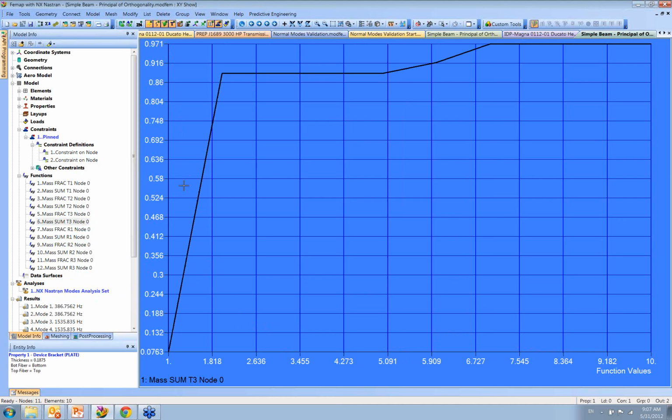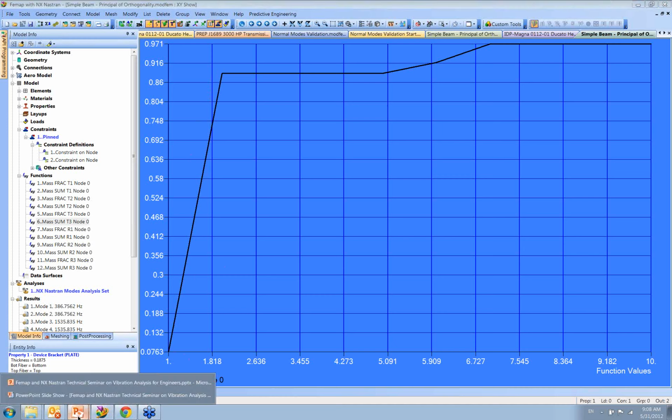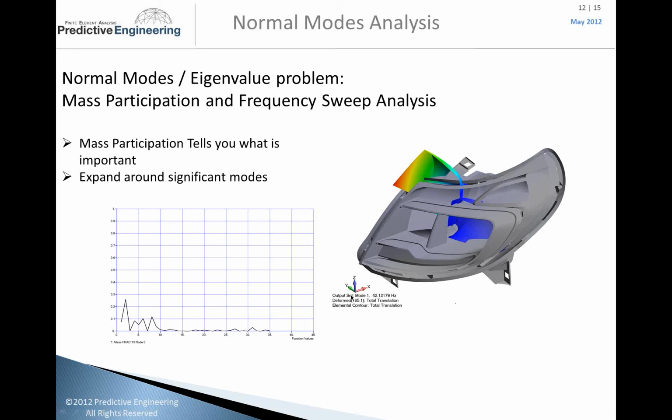So, woohoo! The first mode here, we're not getting much, but remember we got the principle orthogonality, so it's sort of like you consider the first 2 modes the same. So you're getting the same. You're getting even a little more, 88%. So it is a very, very useful thing. If you're doing vibe work, it's really helpful to look at where the mass is going to, and also the mode shape.